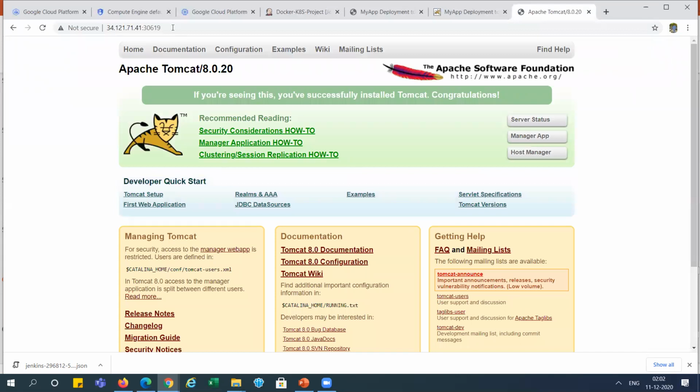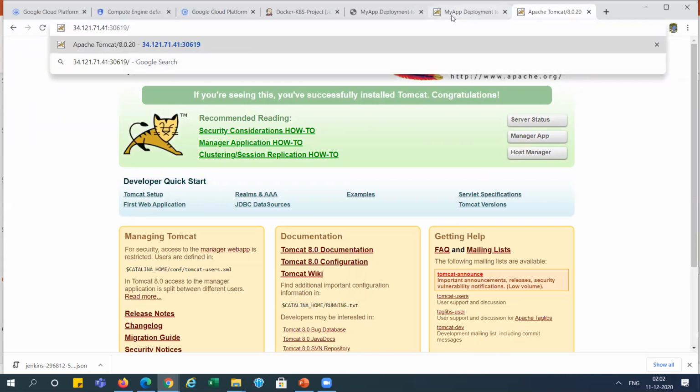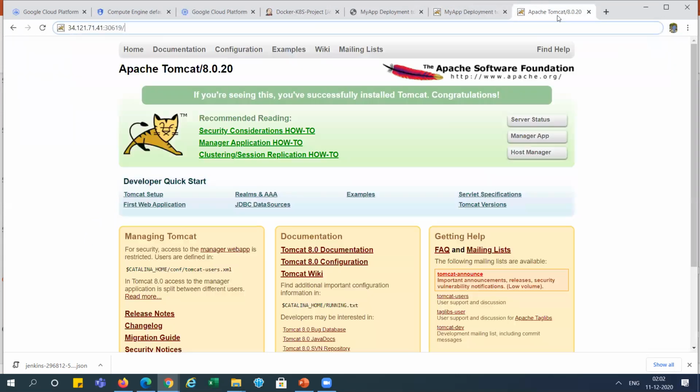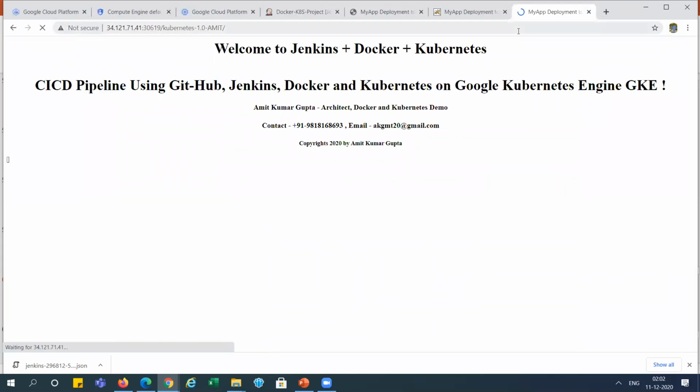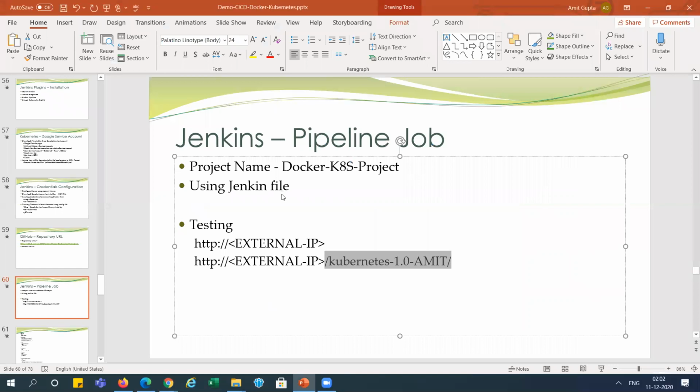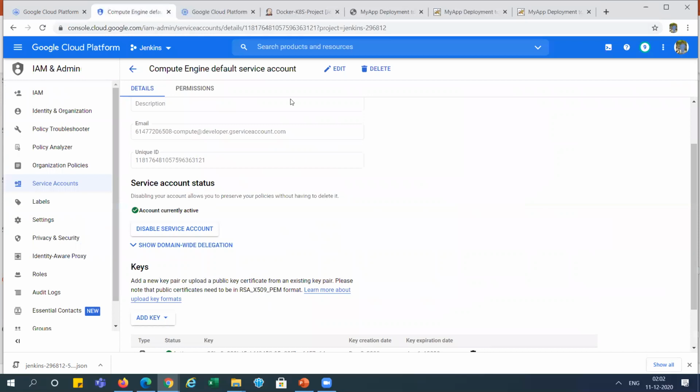And if you want to see the application, we need to copy this context path over here, right? You can see using the node port IP we are able to access, and the load balancer IP we can access directly. Both ways we can access, and the same thing we can access with the other external IP.